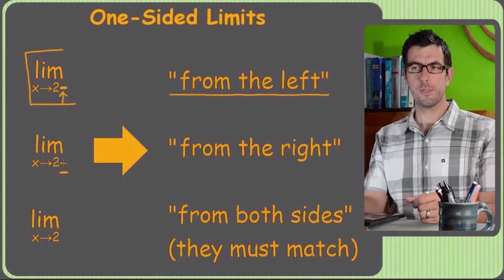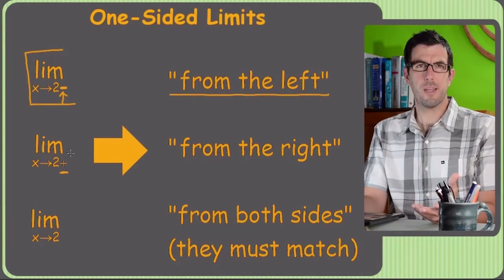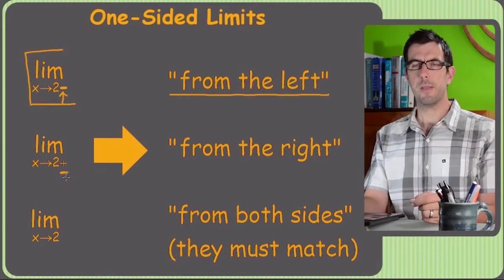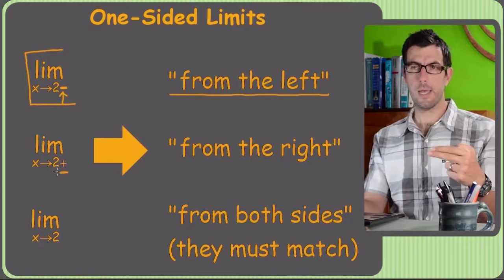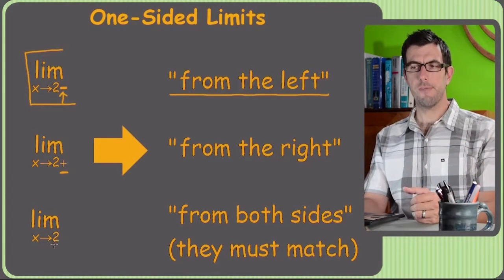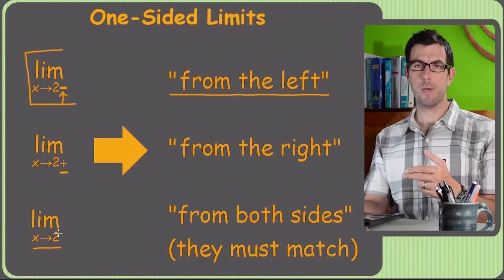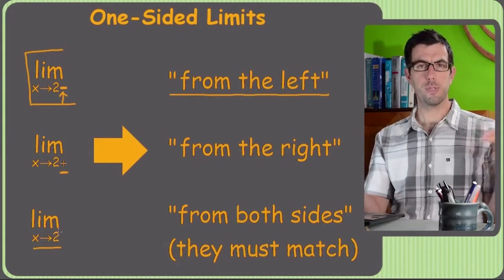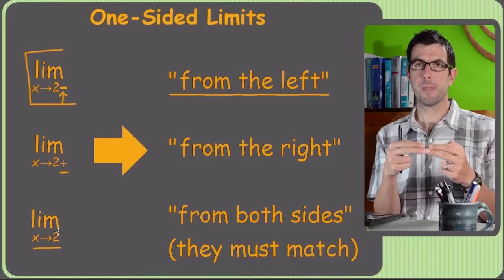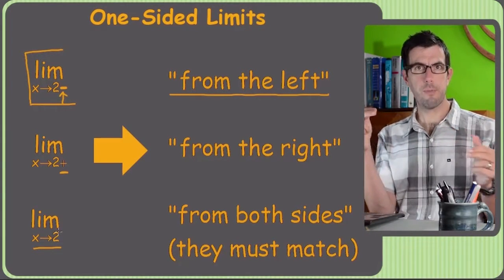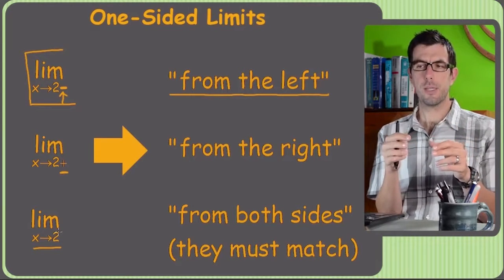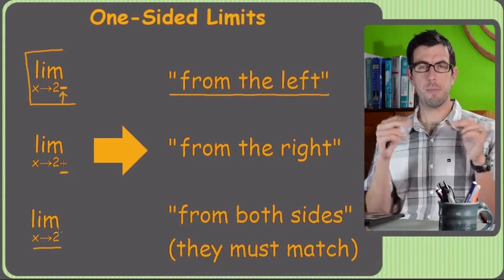Now you notice 2 plus doesn't mean anything, right? 2 is already positive. But plus on the right side of the number means we're approaching from the right side. And then if there's nothing over there and it's just x approaches 2, that's what we've been doing to this point, and that is just approaching from both sides at the same time. So the default, if there's no negative sign or plus sign, meaning from the left or from the right, if you just see a limit as x approaches 2, you're supposed to assume that it means both at the same